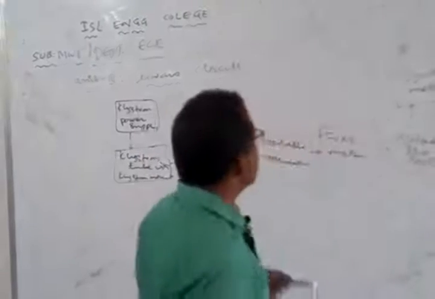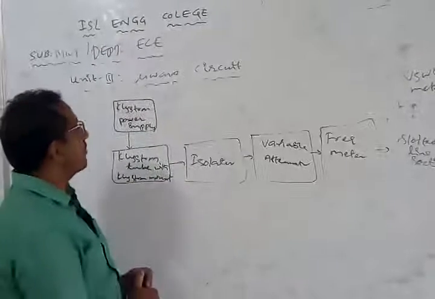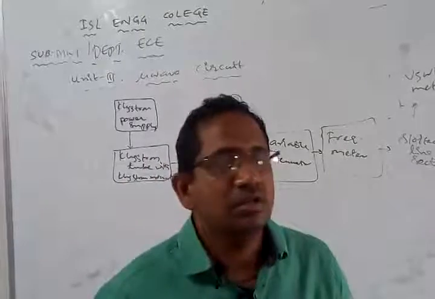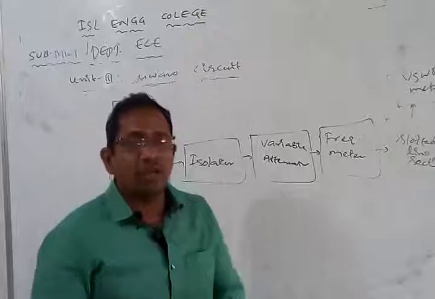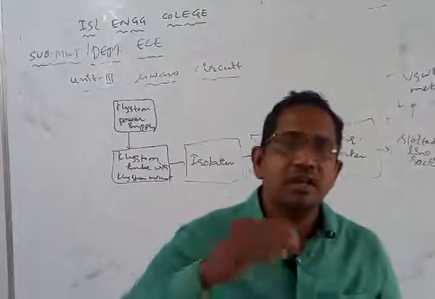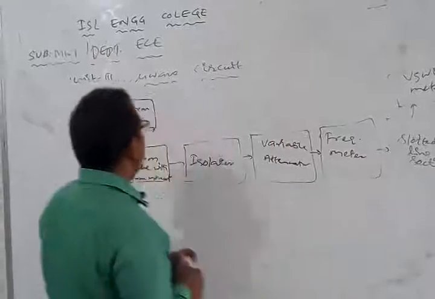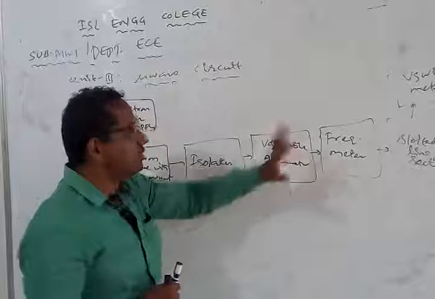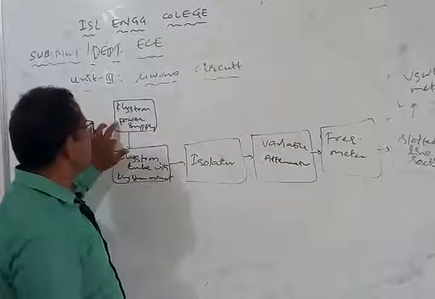Now this particular setup, we call it a microwave setup bench. This setup bench is normally used to transmit microwave signals. Microwaves are very high frequency signals. If they are radiated as EM waves, they can travel a very long distance. That is the reason why instead of using conventional circuits, we are going to use a separate microwave setup bench. Now the first one is the klystron power supply.